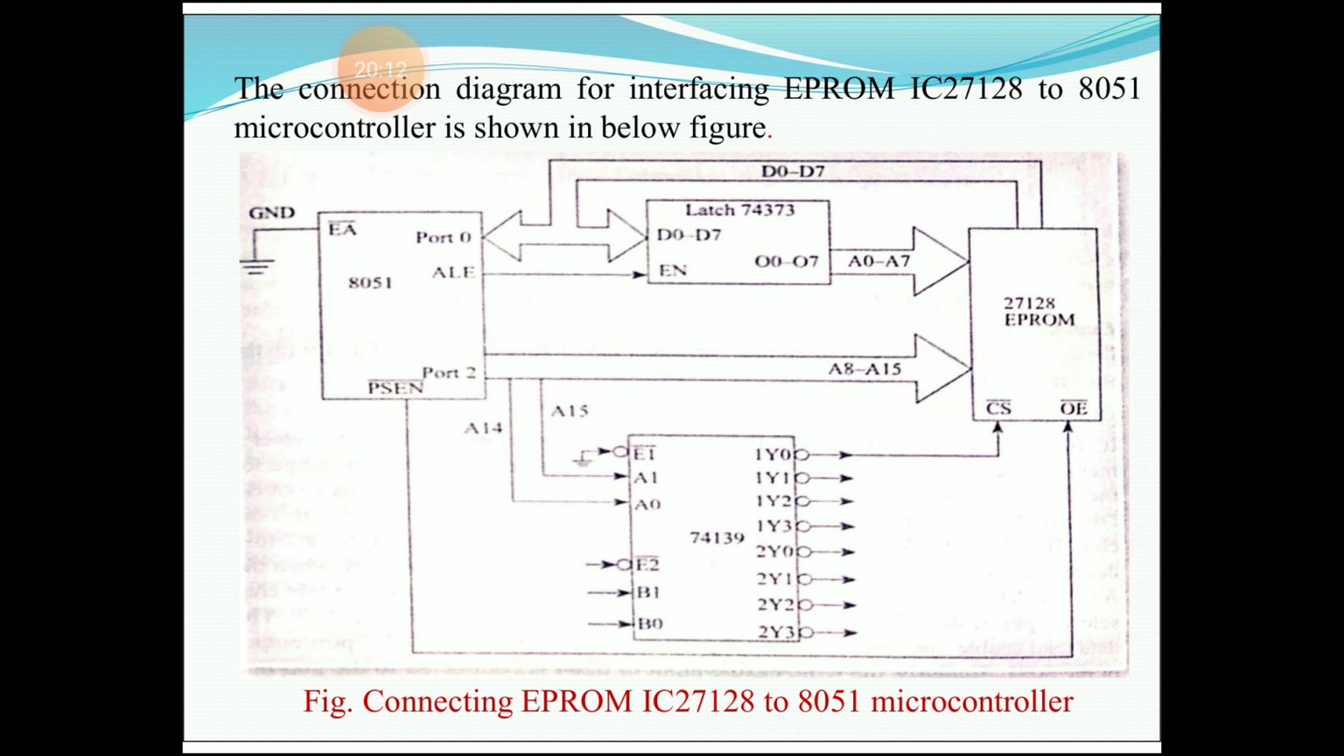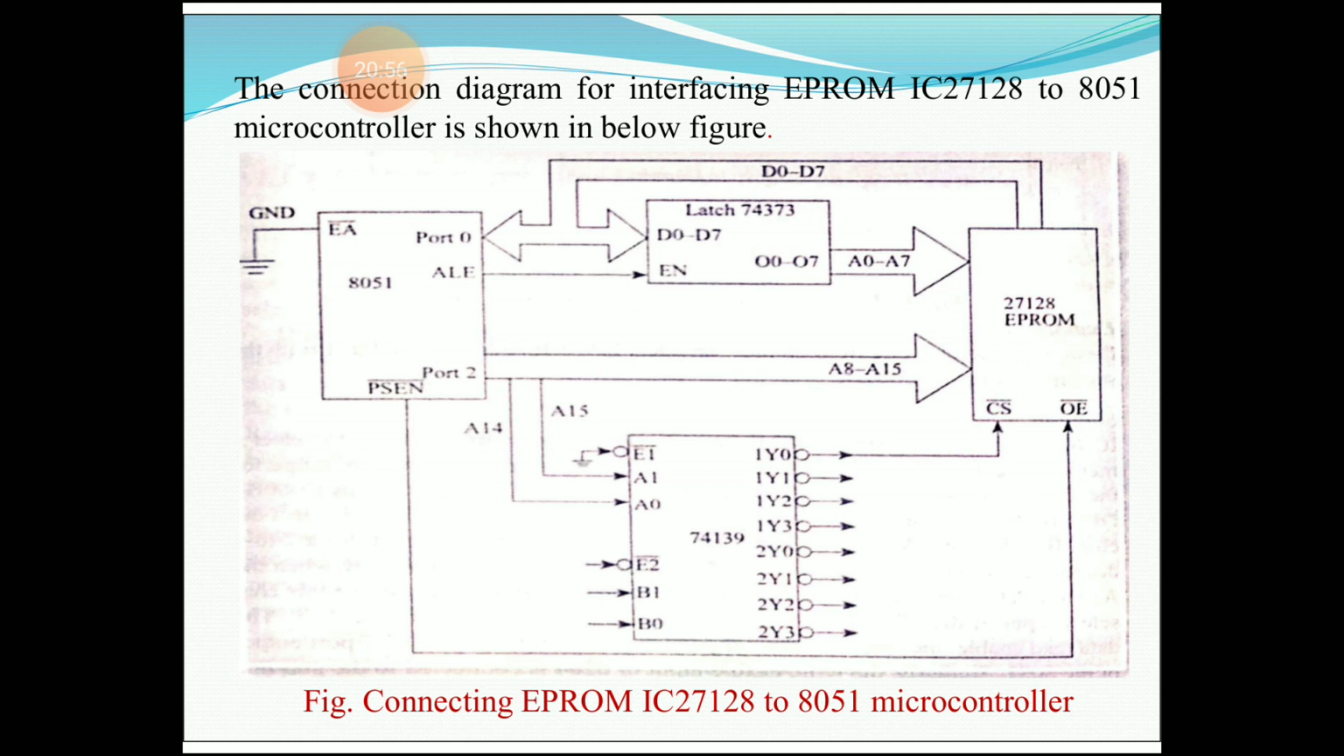So this is the connection diagram for interfacing external program memory, that is EPROM IC 27128, to the microcontroller, shown in the figure below. From the diagram, the microcontroller port 0 and port 2 carry the 16-bit address and 8-bit data bus. If ALE equals 1, which enables the latch, it can store the lower order address bus from port 0. If ALE equals